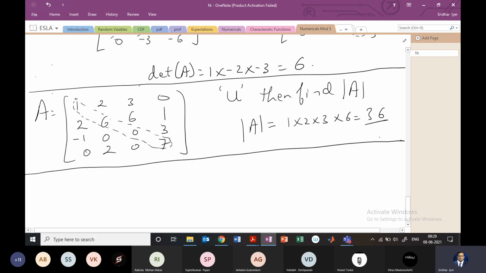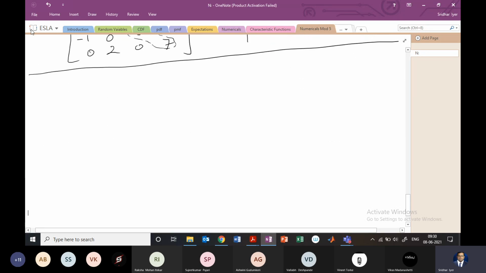So your answer should be 36. So you can do this. It is the same row operations that you need to do with the task that all the elements below the diagonal should be 0. Okay. So have a look at that and solve it. Okay. This is a very common question that they ask. Okay. So the next question which they have asked is on eigenvalues and eigenvectors. Okay. So this is question number 9B. So it says find the eigenvalues and eigenvector, and the matrix is given 1, 4, 2, 3.